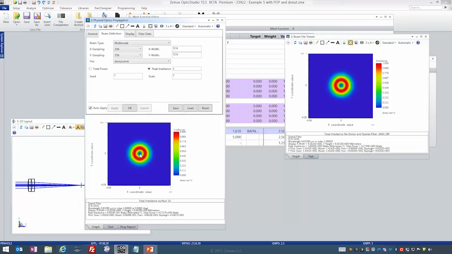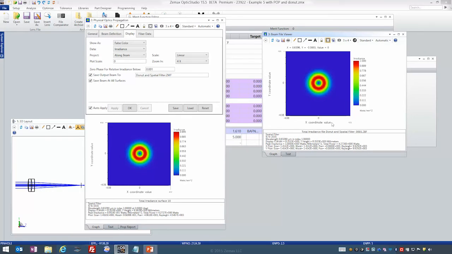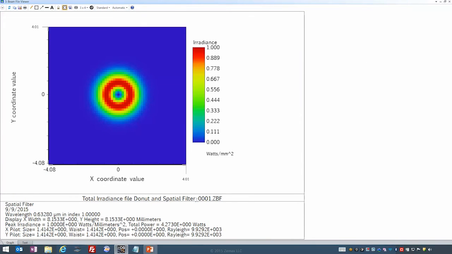And then I'm propagating that all the way through the system, from surface 1 to the image, displaying it all the way through the system. And you can see that I'm also saving the data on all surfaces. So over here I have a beam file viewer, and this is currently, let me just make this larger. You can see this is looking at surface number 1. And if I just give this window the focus, I'm using the left and right arrow keys, and as I press those arrow key buttons,